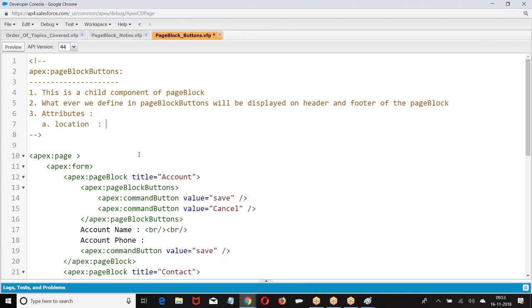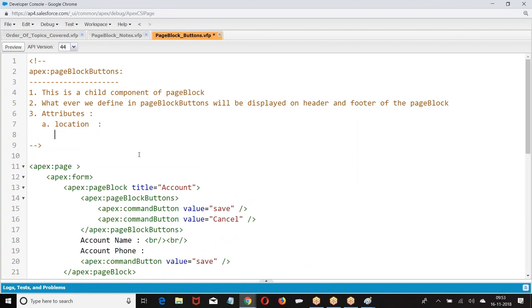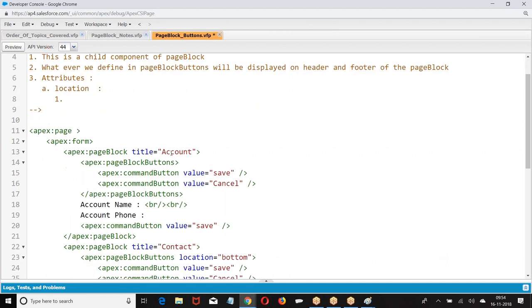Satish, can we write a page block inside another page block? We'll see it. Yes, we can do that. We can write it. We'll see it. Location. This will specify where content of the page block buttons is displayed.